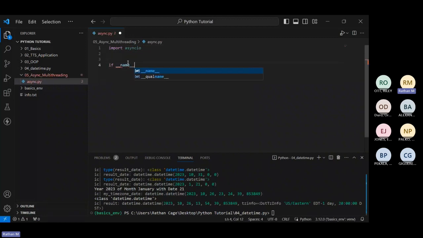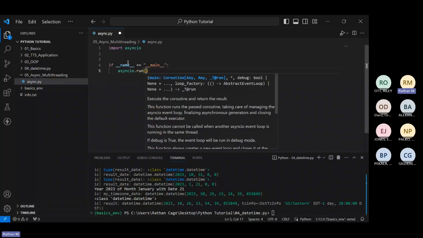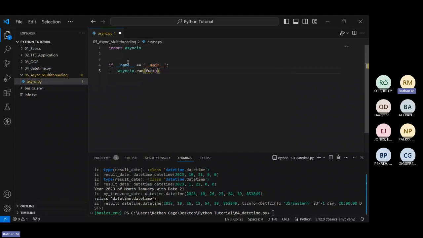If name is equal to main, we just write async io.run of any function you want. Now, here's what I'm trying to say. Any function that has input, output, or network bound operation, run it in async IO. That's it. You have to run it in async IO specifically.